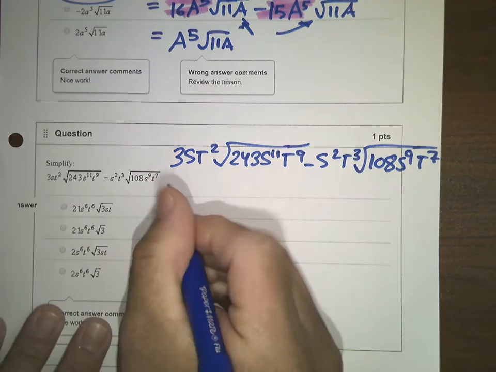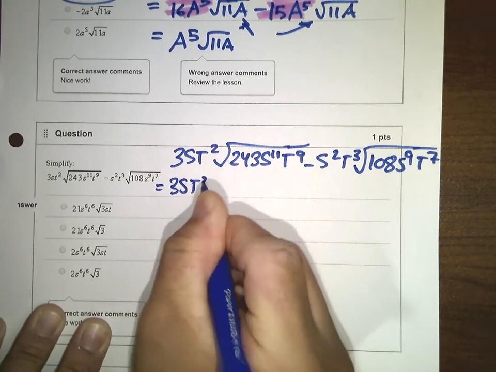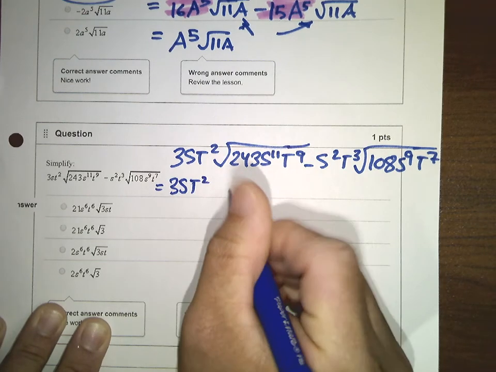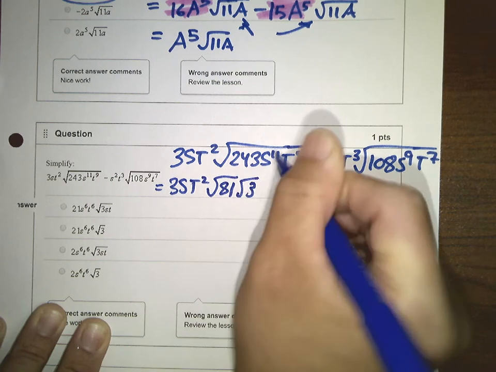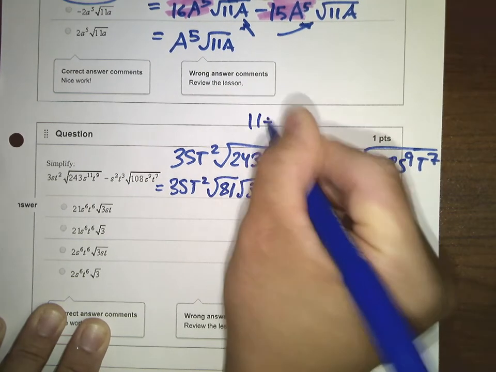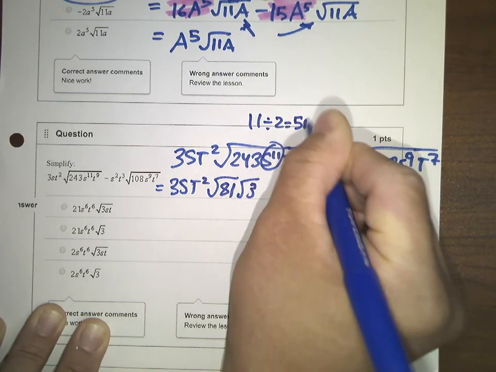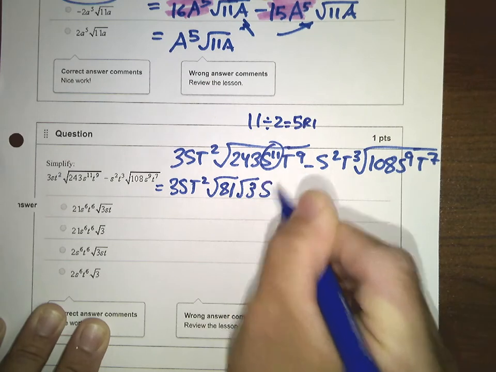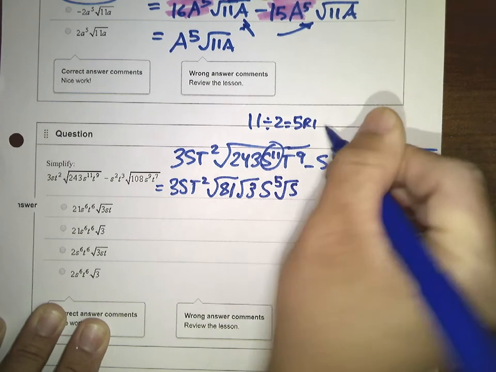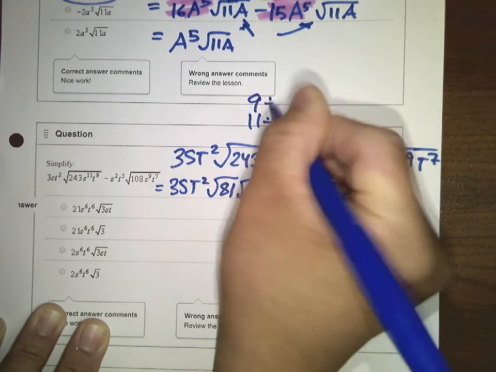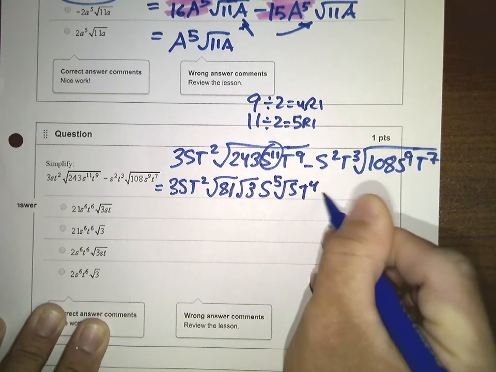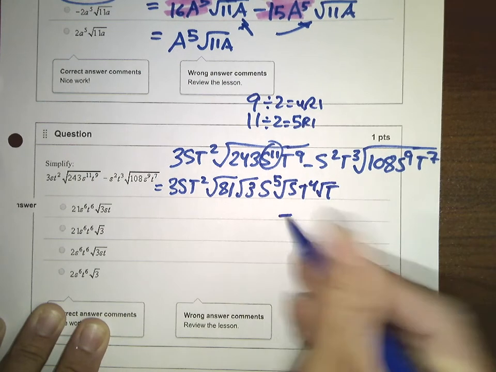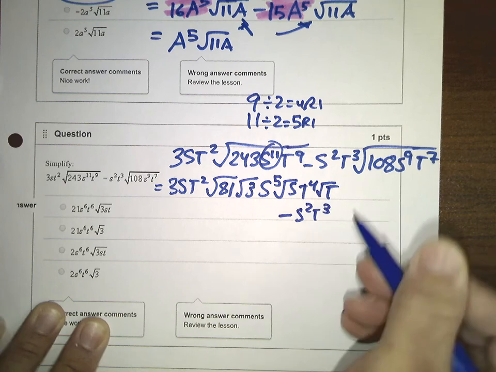So I see that we have 3st squared, and square root of 243 is square root of 81 times square root of 3. Then for s to the 11th, 11 divided by 2 is 5 with the remainder of 1. So I have s to the 5th square root of s, and then t to the 9th. Well, I know 9 divided by 2 is 4, remainder 1. So we have t to the 4th square root of t, then minus s squared t to the 3rd, and then